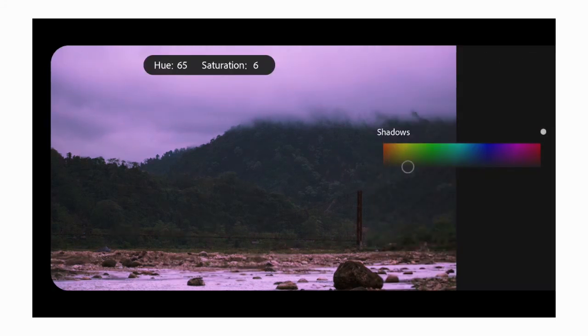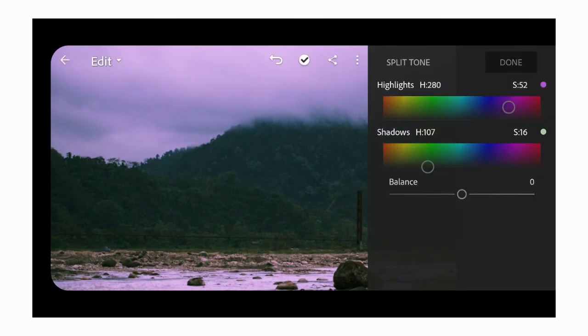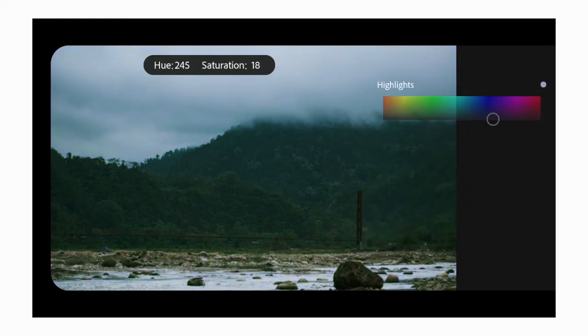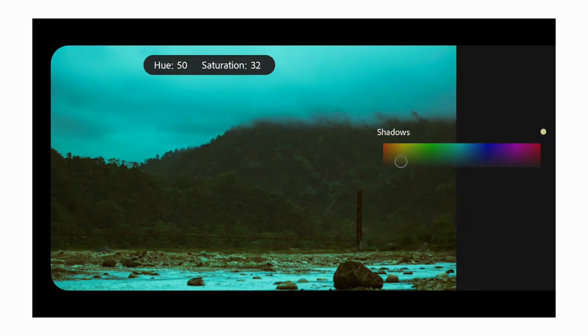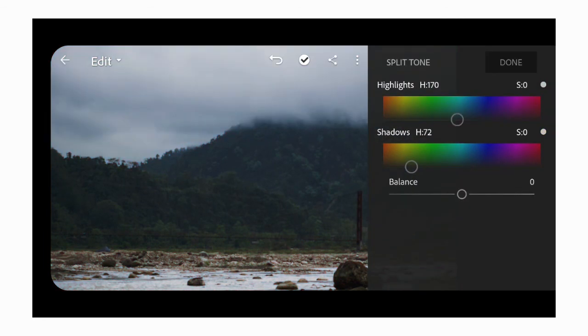Now if I want, I can add some greens into the shadow area, something like that. And you can always play with the complementary colors. For example, the complementary color of green is something like violet or something like that. So I can introduce some pink or violet tones. I'll have to find that. Yeah, the simplest thing you can do is push the highlights towards teal and you can add some orange into your shadows. Even that looks really good. You can just play around with the highlights and shadows according to your liking.